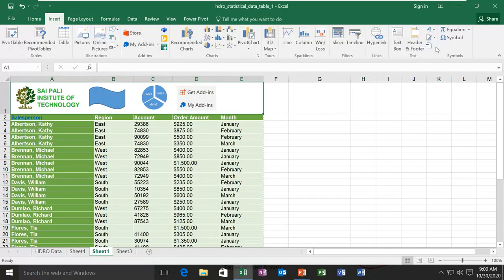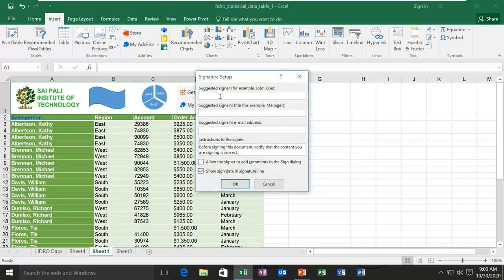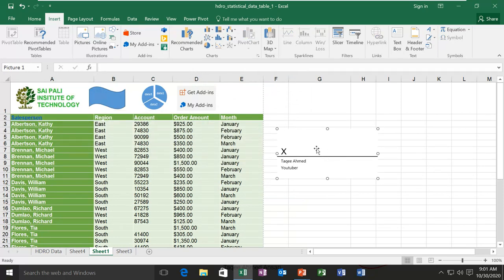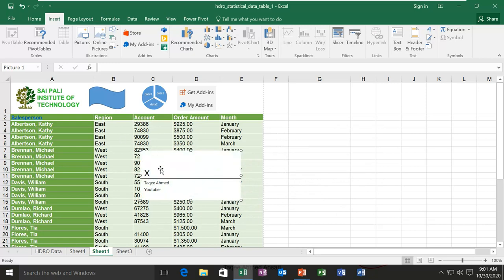Then the other thing is this, to add the signature line. Signature line, that means the normal signature line you can add, where you can add what you want to print in the document. Then when you print the document, this line will come, and here it indicates that you have to sign it here, name and designation or whatever you want to type there. So you can place it where you want in the document, and now when you print out the document, people will know where they have to sign.